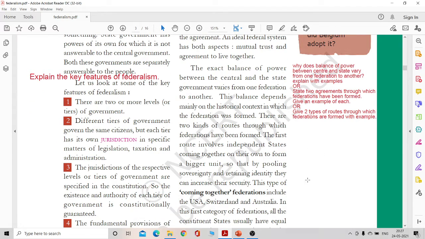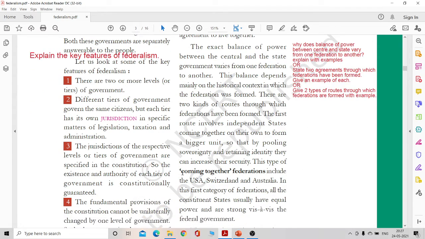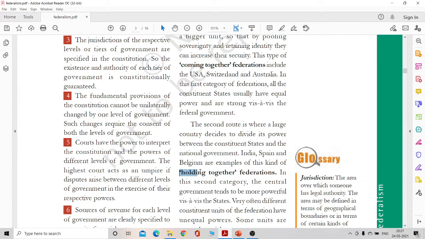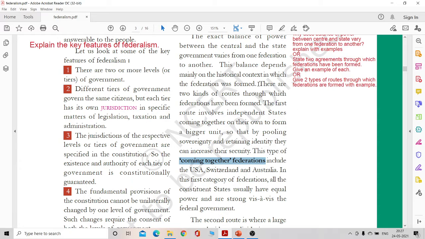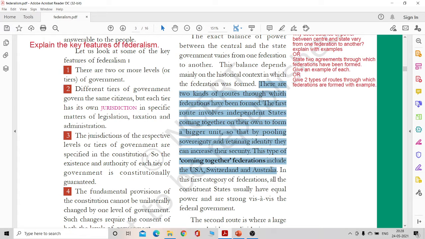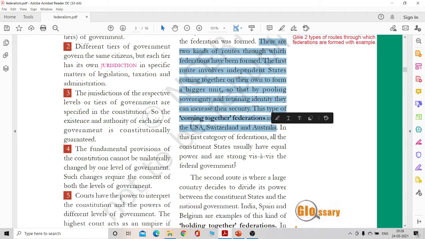Now, in all of these cases, we need to mention the coming together federations and of course the holding together federation, right? So the coming together federation, so this entire part, the answer would start from here. There are 2 kinds of routes through which federations have been formed. So coming together federation is one of them. Example being USA, Switzerland, Australia, where states have come together on their own to form a bigger unit,